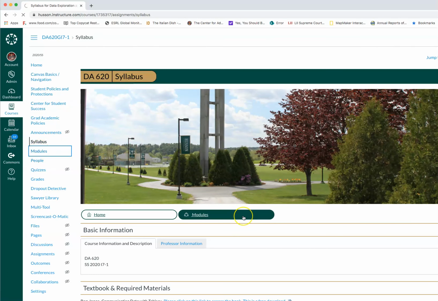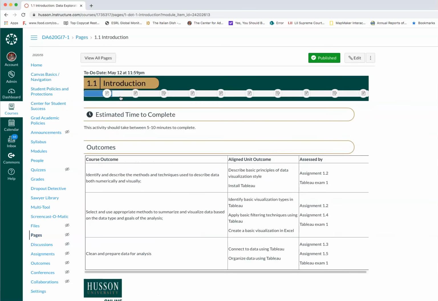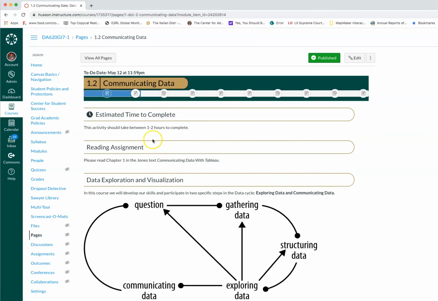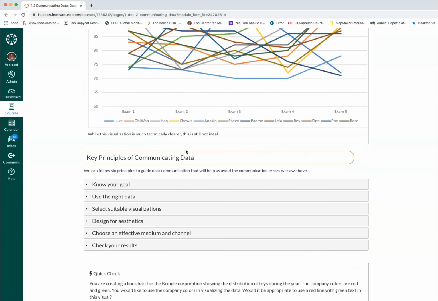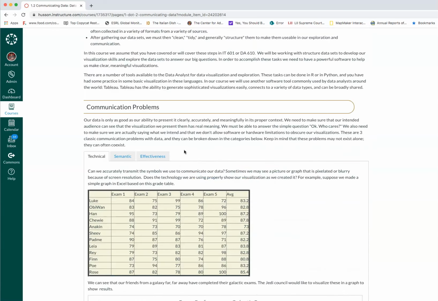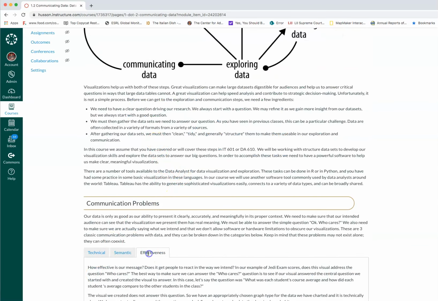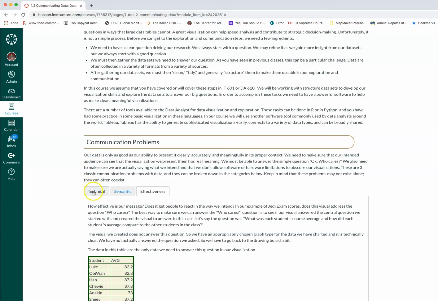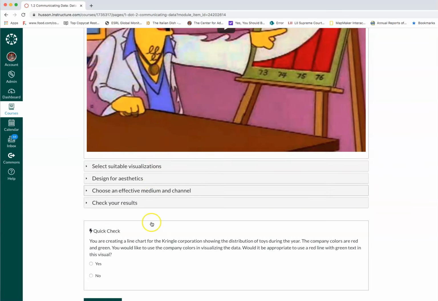And here are our modules. Start with the introduction, explaining our course outcomes and how they're going to be assessed, and moving on through. Make sure you read the entirety of these pages and realize that there are tabs and accordions to try to break up the text. So be sure that you click on all of the right material.